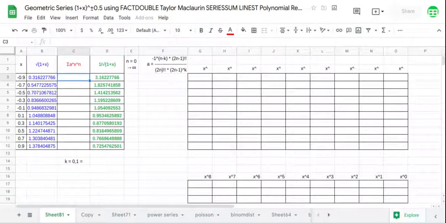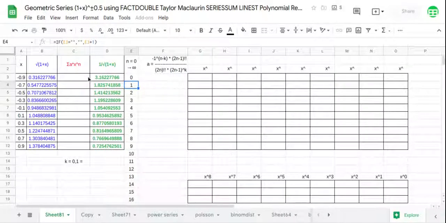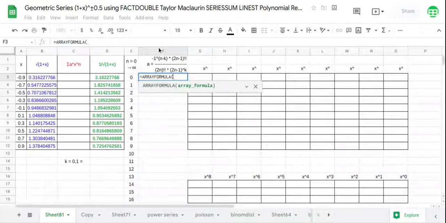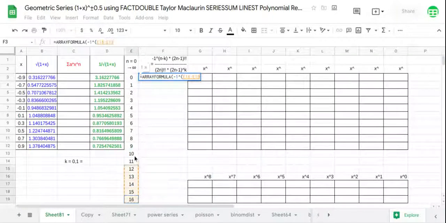And the expansion, the Taylor-Maclaurin series sum expansion, which is the summation of a times x to the power of n, where n starts from 0 to infinity. So we can start from 0 up to infinity, which is 16, good enough. And the value of a, which is equal to our formula, that's negative 1 raised to the power n plus k. So minus 1 raised to the power the quantity n minus k